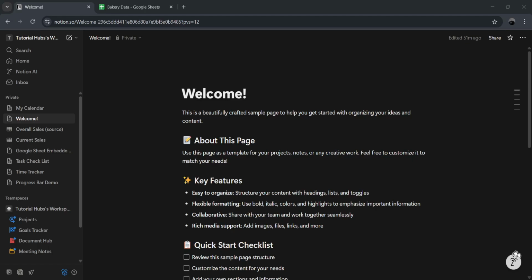Welcome back, everybody. Today, I'm going to teach you how to embed a Google Sheet inside Notion. This is incredibly useful when you want to display live spreadsheet data directly within your Notion workspace without constantly switching